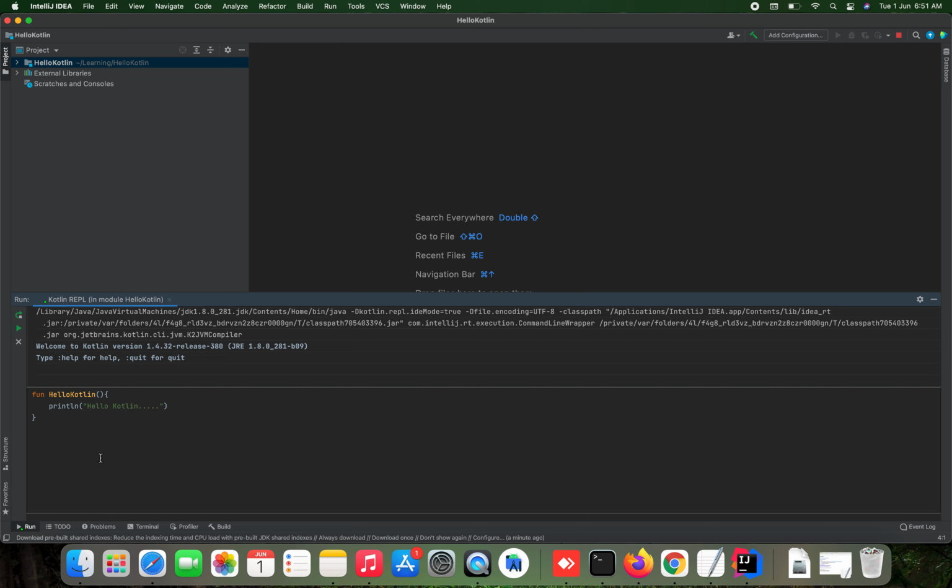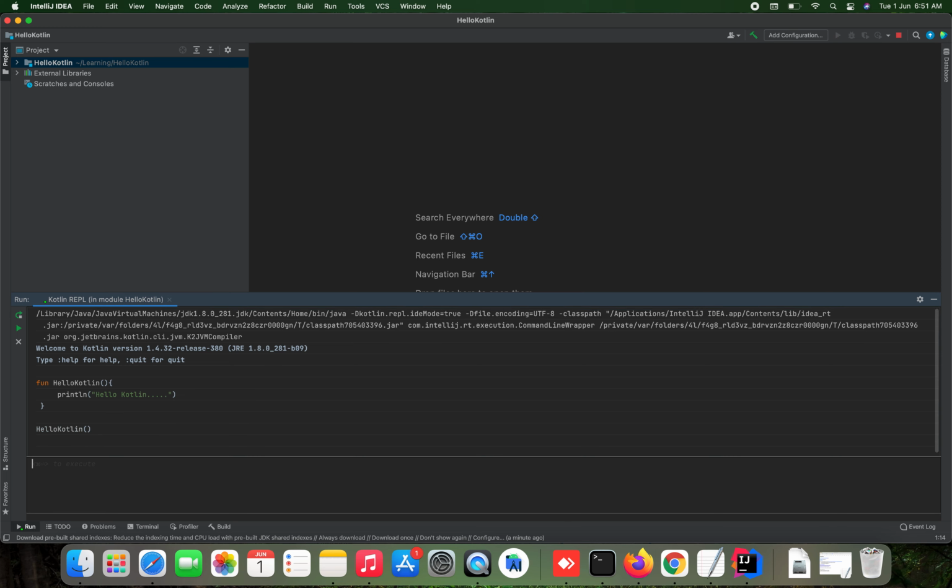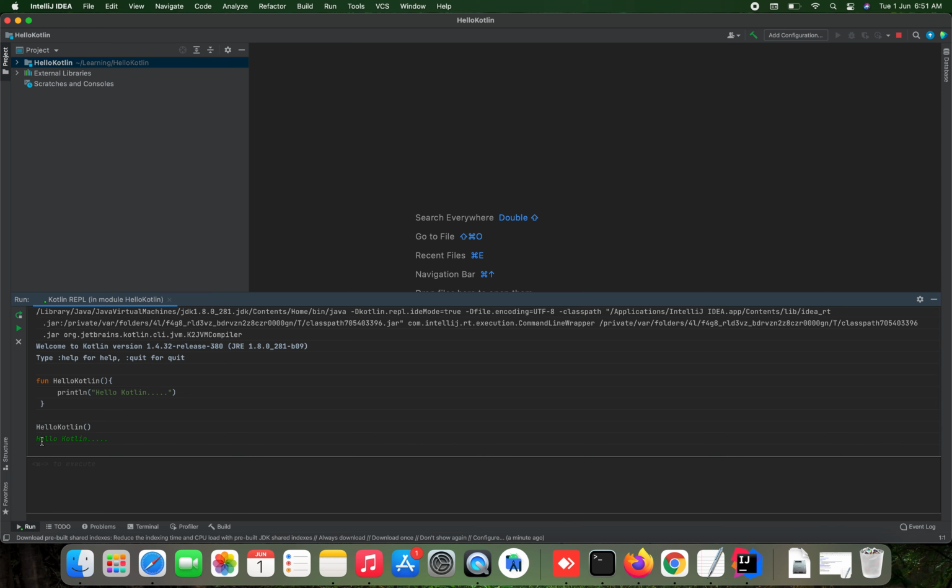I'm hitting Command Enter. Now, to call this function, we just need to call hello Kotlin, then click Command Enter. Now it has printed the println statement, that is, Hello Kotlin.